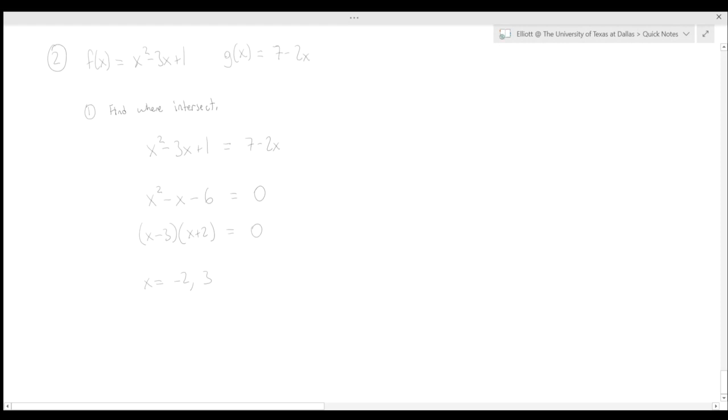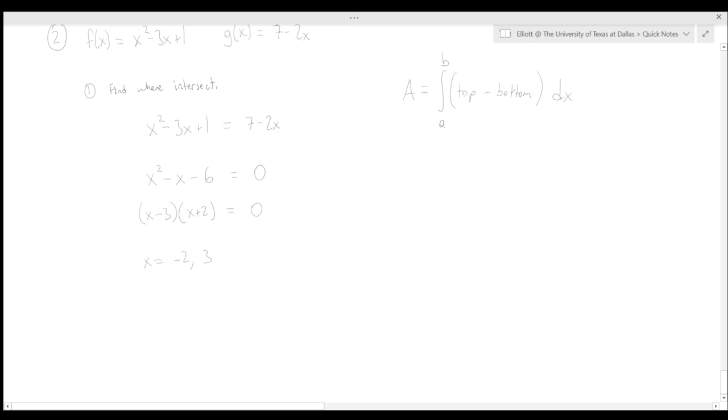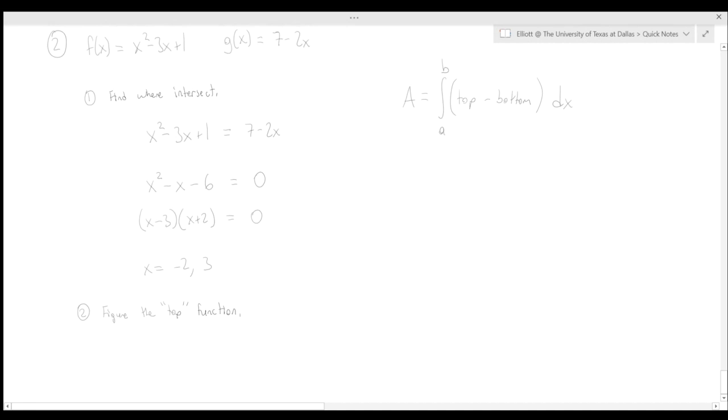Now, next, in order to get the area, the general rule when you're finding the area between 2 functions is to integrate the top function minus the bottom function. So what we want to determine is which of these functions is going to be on top if we were to, say, look at their graphs. There's two methods of finding which function is on top. One method is always to just look at the graph. For a non-graphical method,